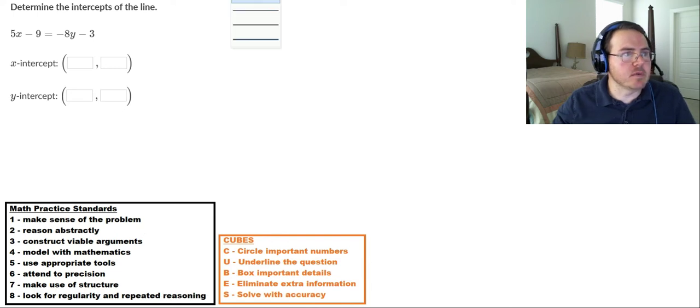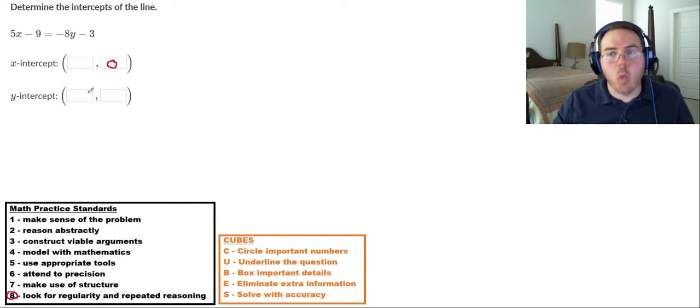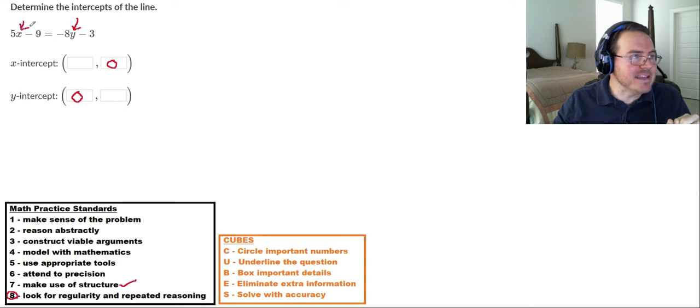Let me get my pencil out. Make it easy to see. Okay, right here. So our repeated reasoning, number 8 down here. So if you remember on our last couple problems, x-intercepts always have a 0 for y. And y-intercepts always have a 0 for x. There's my structure as well because I know how coordinates work. Now, knowing that, we can do something called substitution, and we're going to plug in zeros. We're going to substitute in zeros right here and here as needed. Okay? And that's how we're going to figure out our intercepts.